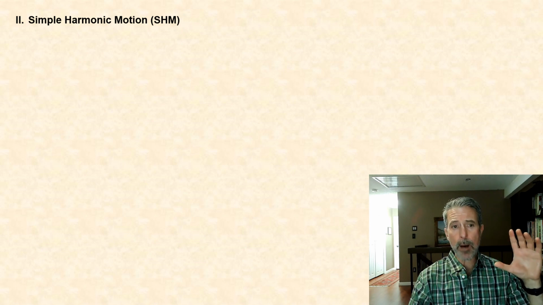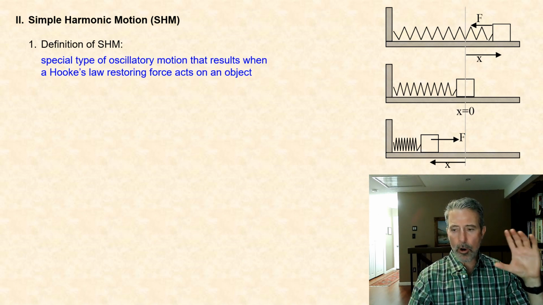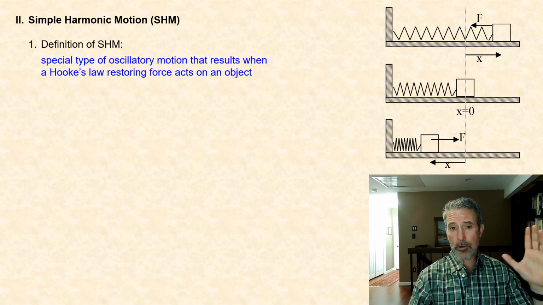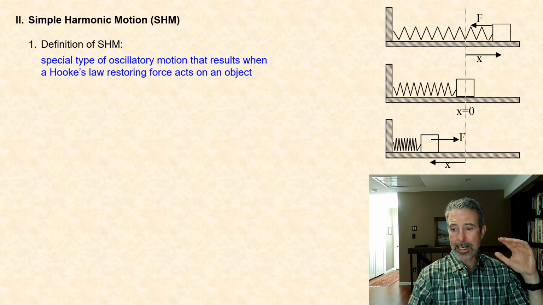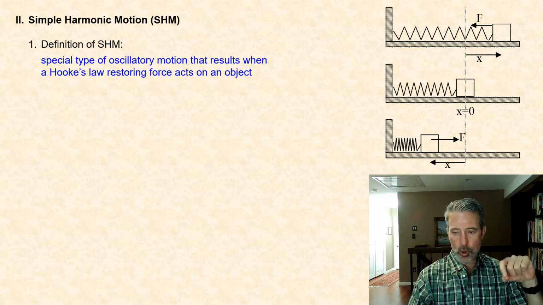So this brings us to the topic of simple harmonic motion. By definition, simple harmonic motion is a special type of oscillatory or vibratory motion that results when a Hooke's law restoring force acts on an object. So as we said in the previous slide, there are lots of different types of restoring forces. To say that the size of the restoring force is directly proportional to the size of the displacement leaves a lot of possibilities. But here we're talking about a restoring force that is linearly proportional to the displacement,